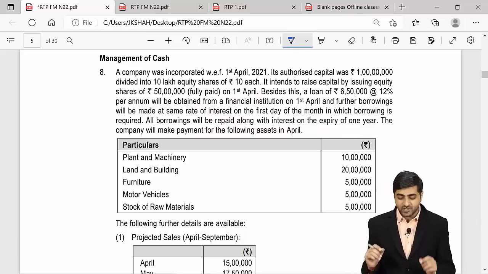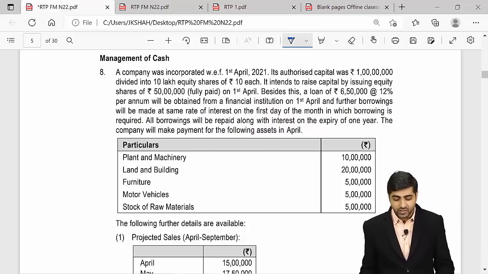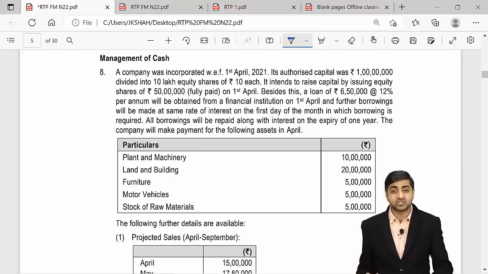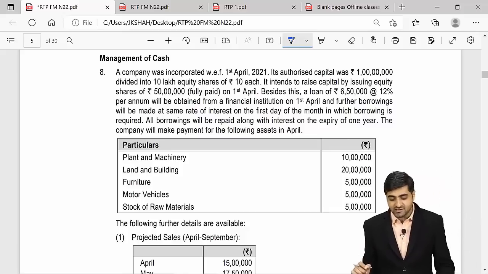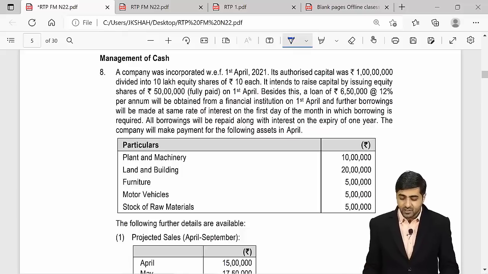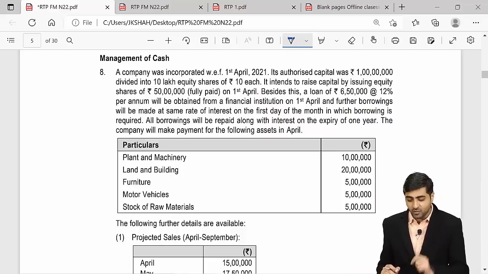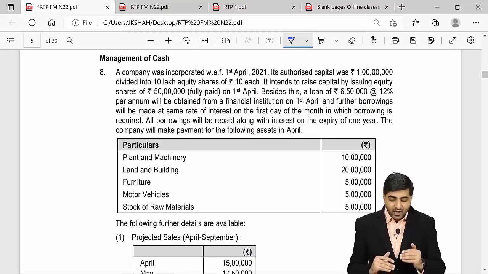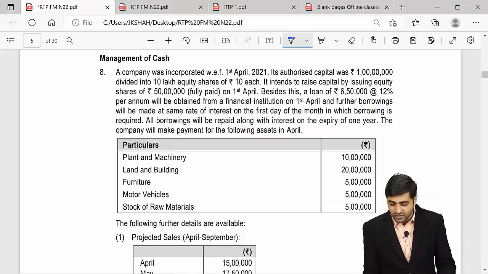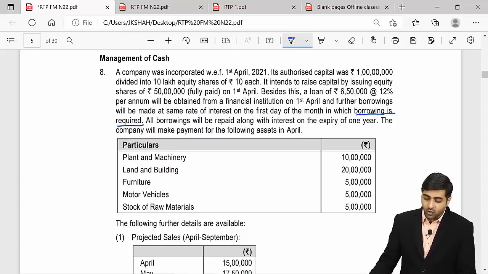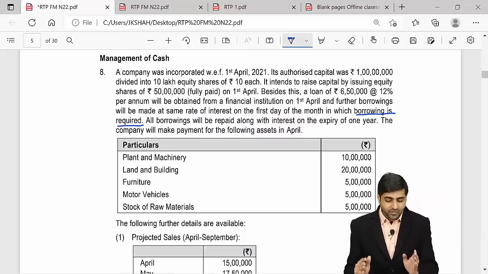That a company was incorporated with effect from 1st of April 2021 and its authorized capital was rupees 1 crore divided into 10 lakh equity shares of rupees 10 each, and it intends to raise capital by issuing equity shares of rupees 50 lakhs fully paid on 1st of April, and besides this a loan of rupees 6,50,000 at 12% per annum will also be obtained from a financial institution on 1st April, and further borrowings will be made at the same rate of interest on the first day of the month in which the borrowing is required, and all borrowings will be repaid along with interest on the expiry of 1 year,